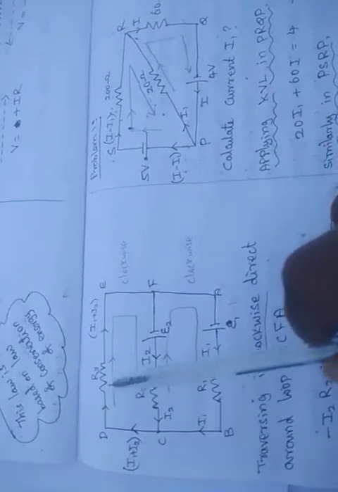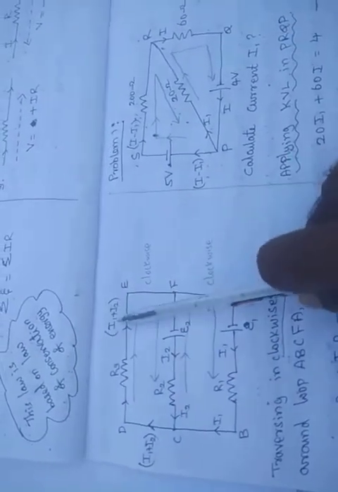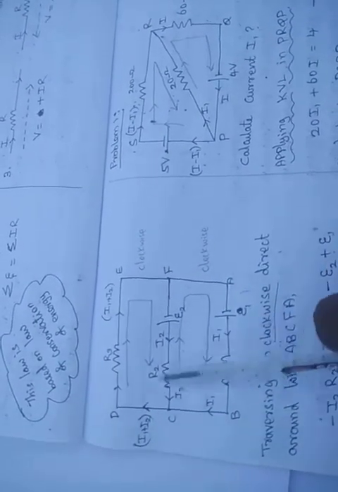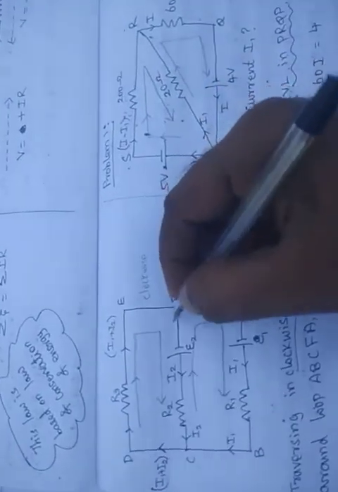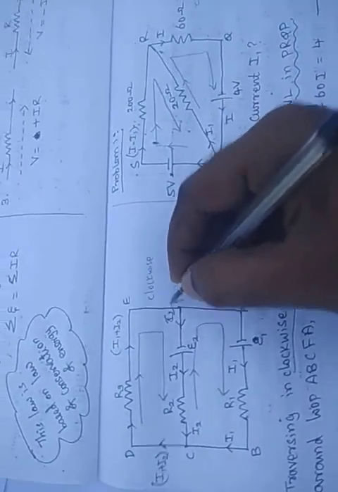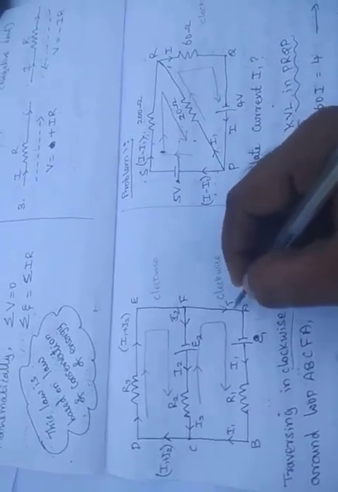Similarly in C, D, E, F, you can say that this is the clockwise direction. So how can you take that? This is the current I1 plus I2, because both are positive; from the positive to negative only the current will flow. I1 current and I2 current will both meet here, and both I1 and I2 will move here and reach. Here the I2 current will flow inside. Here the I1 current will come and reach here. So that is the circuit diagram.